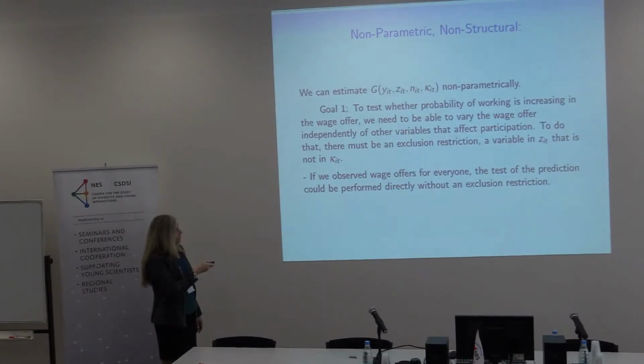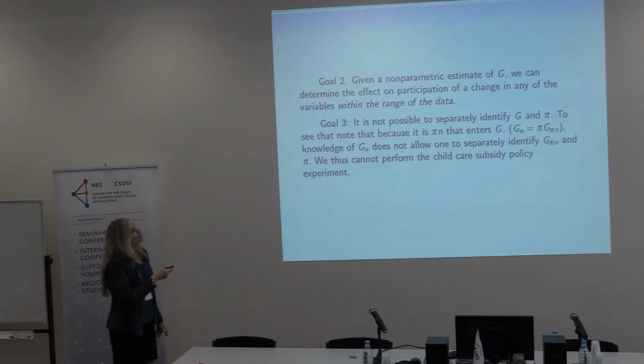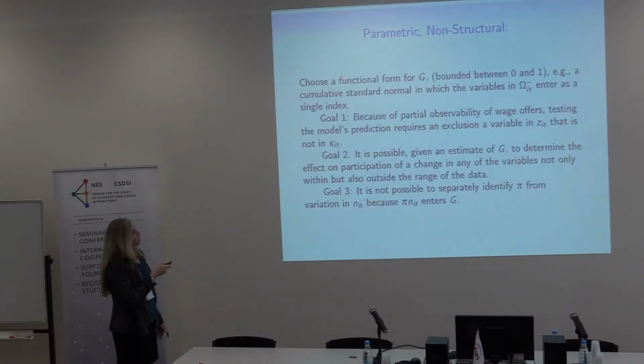And I mean, you can't usually test this implication directly because you don't see wages for everybody. So that's why we need something in Z. If we saw wages for everybody, then you could just stick in the wage. But for non-workers, you don't usually see wages. Okay, so if I had G, which I could estimate parametrically